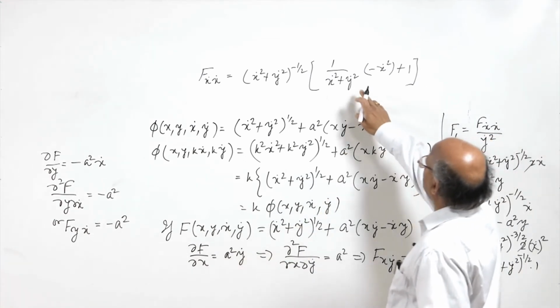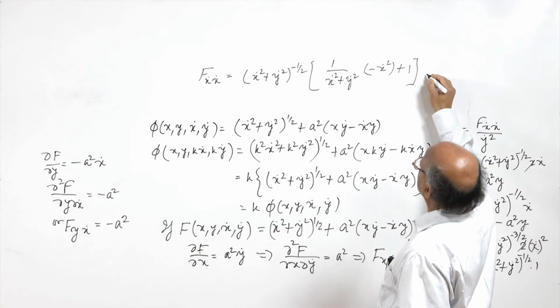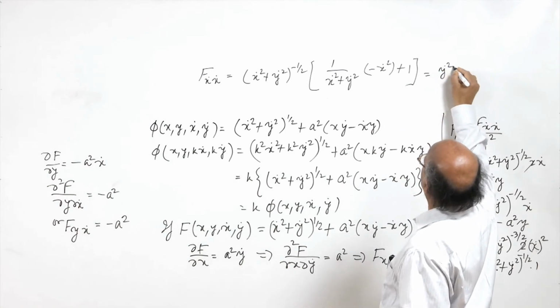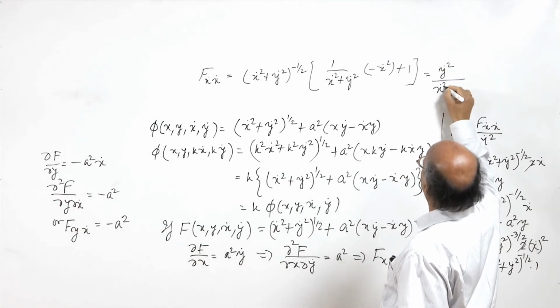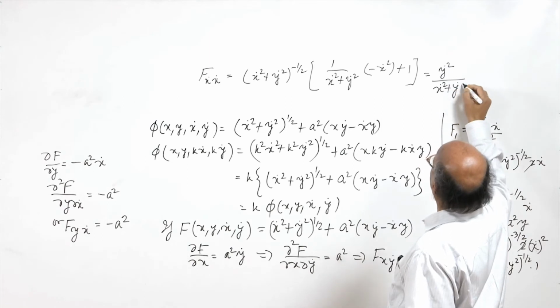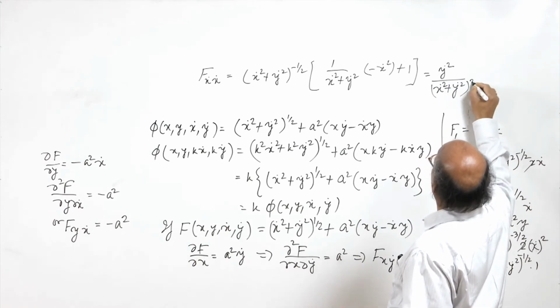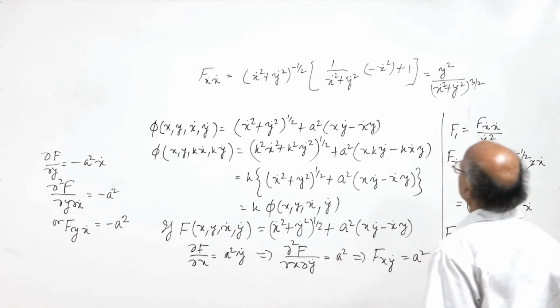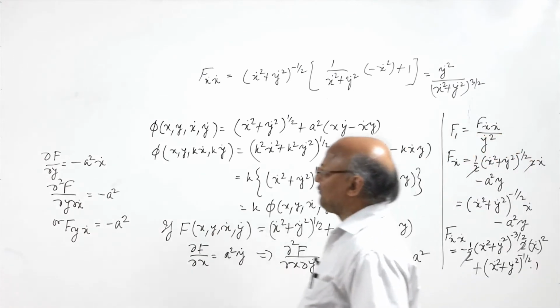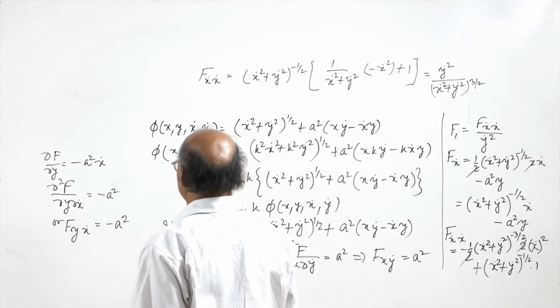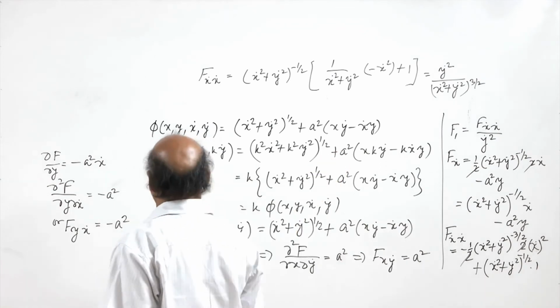So this is x dot square plus y dot square minus x dot square. So we get y dot square divided by (x dot square plus y dot square) to the power 3 by 2. So f x dot x dot is this, and therefore, hence,